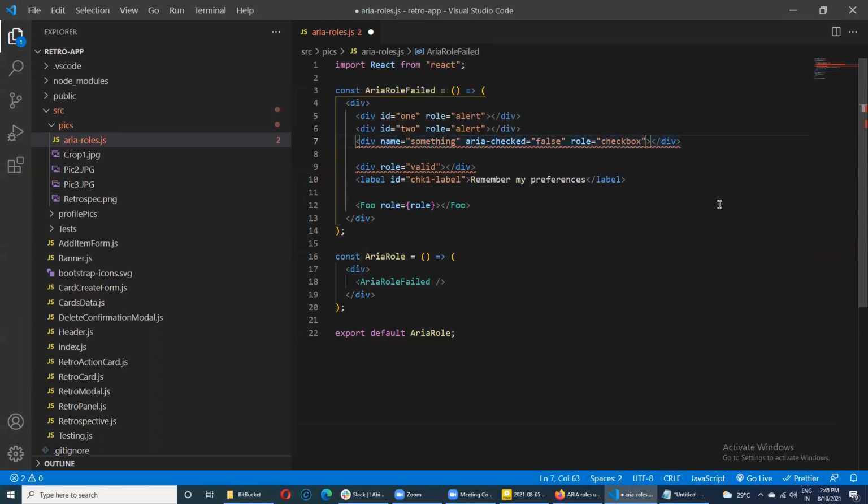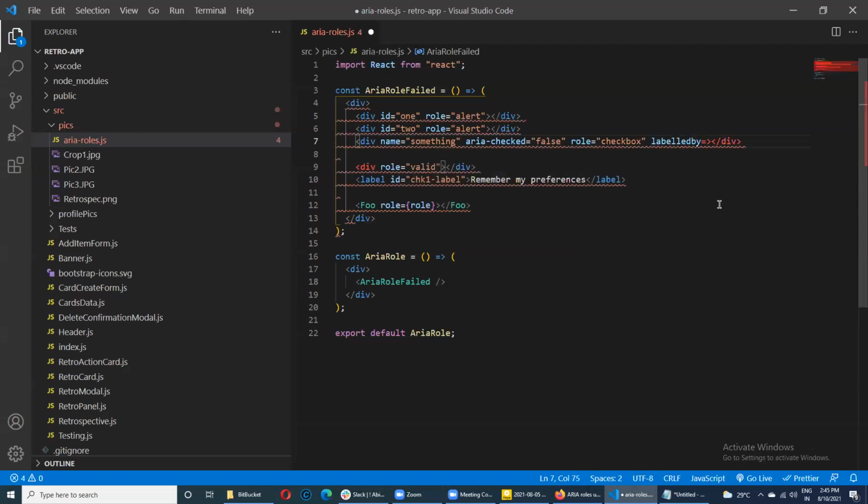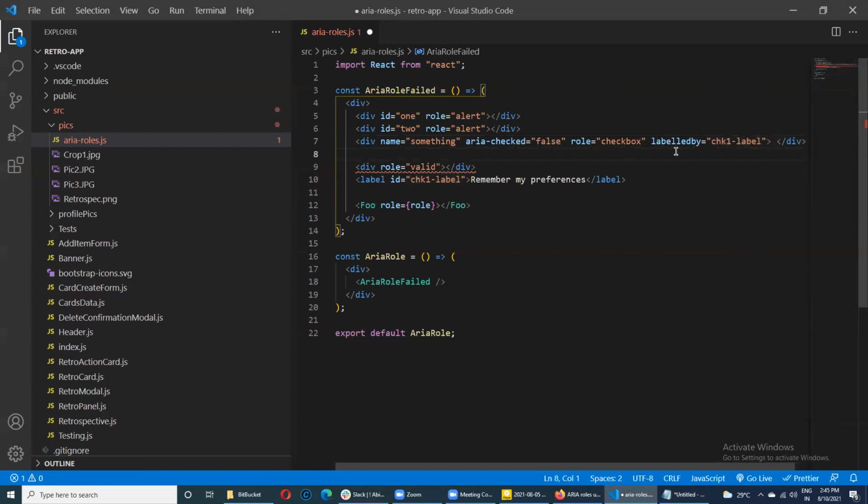So let me go here and give the name. Okay, so now I'm able to fix it by looking into the help.